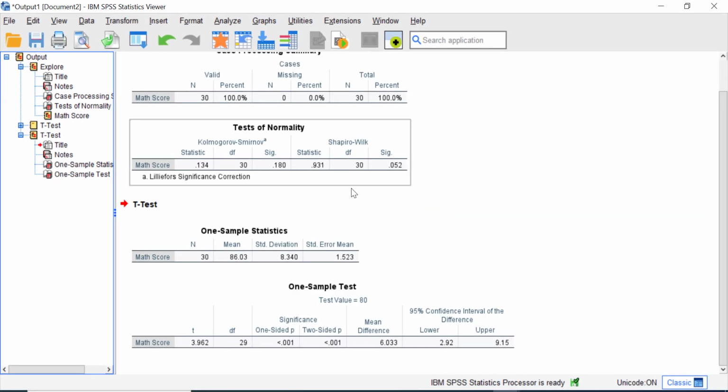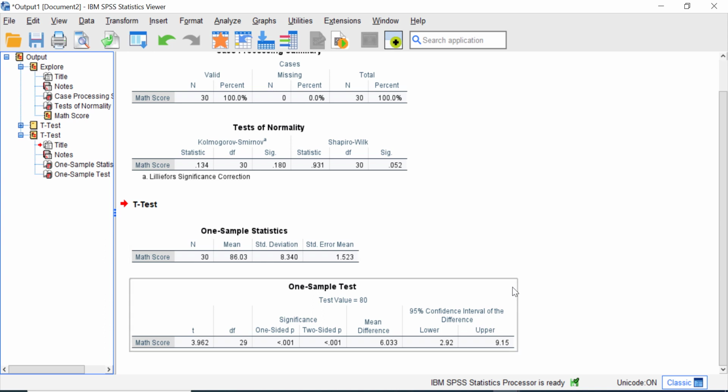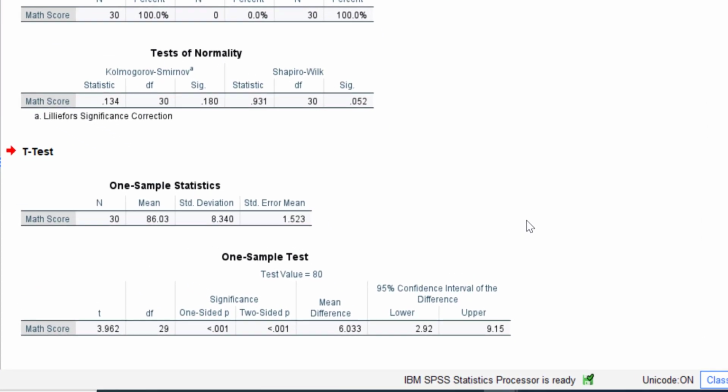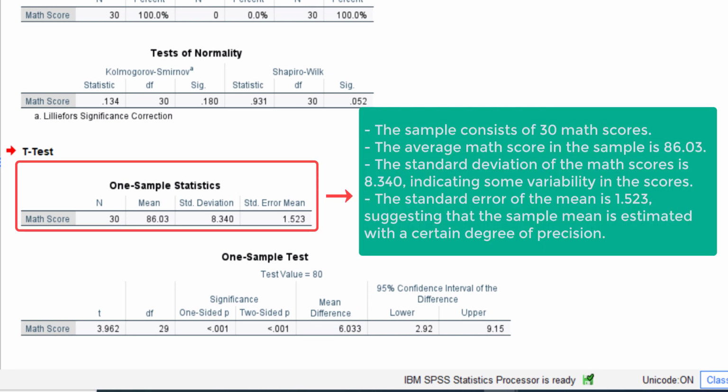Great, you see at the output table, now you have the t-test that has been performed by the previous test, and you have two tables here, the statistics table and the one sample t-test table. Let's interpret it one by one and let's draw the conclusion based on this test. At the summary statistics table, the sample consists of 30 math scores, or 30 data points. The average math score, or the mean of the math score in this sample, is